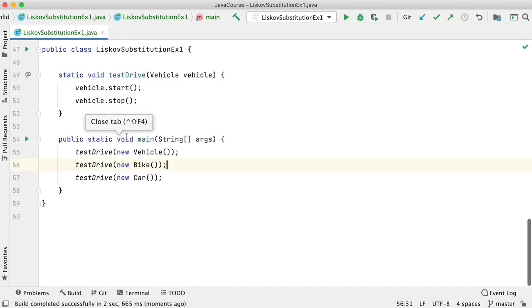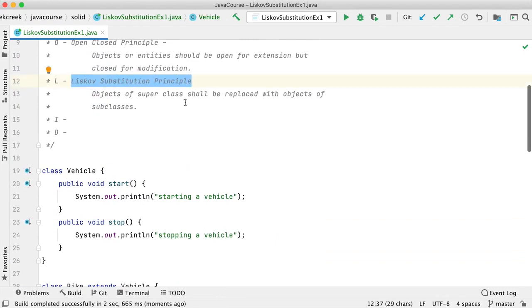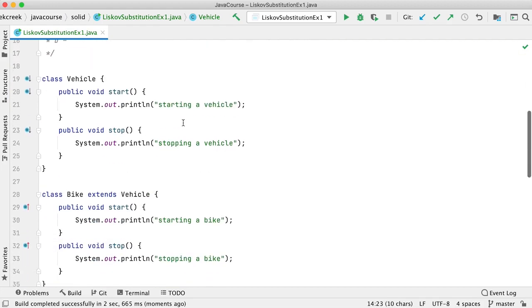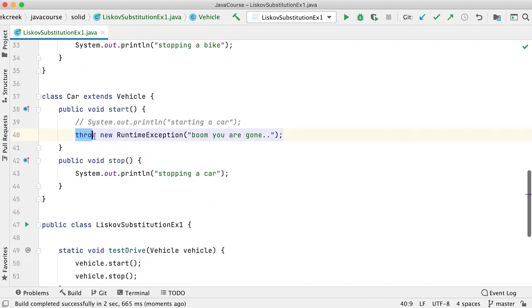Okay, that's the point of Liskov's substitution principle. You should be able to replace the base class objects with the subclass objects, and the code should work fine. Unintended behavior should not pop in. So you should not be designing any code which breaks the existing functionality. Simple, right? This is what is not intended.